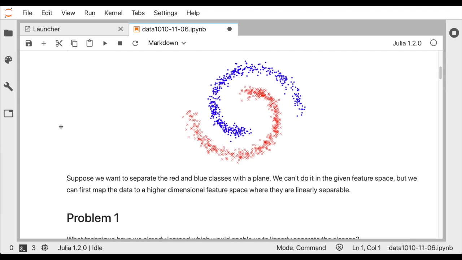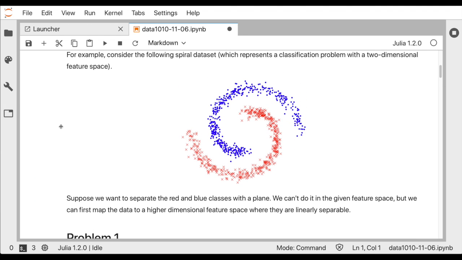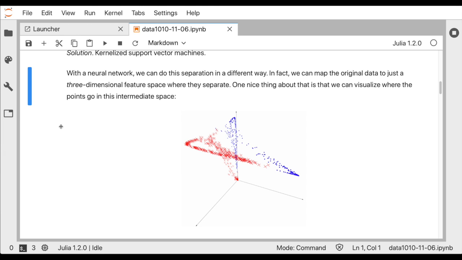However, this technique is limited because we have to choose the kernel ourselves as the machine learning engineer. We could maybe try experimenting with some different kernels, but it would be really nice just to be able to say to the machine, you learn this map into this higher dimensional space as well. So I want you to learn the separating plane, but I also want you to learn a map which separates these data. So we'll see how to do that with the neural network, specifically by mapping these data into 3